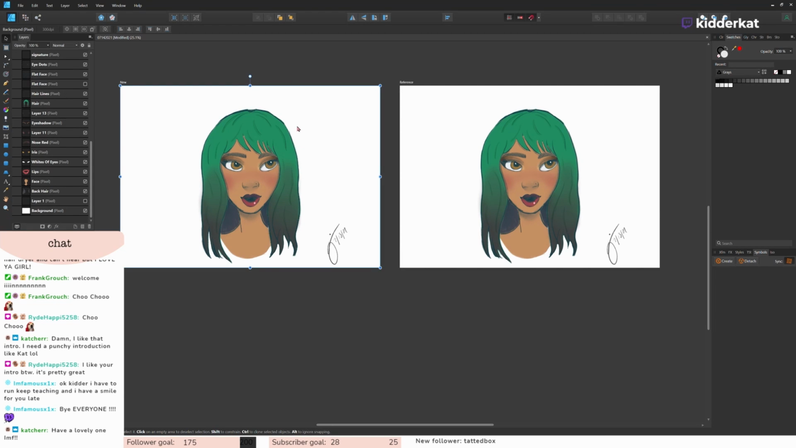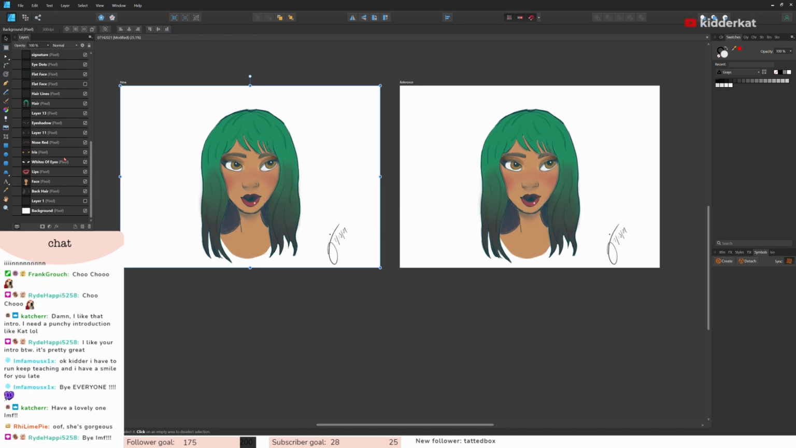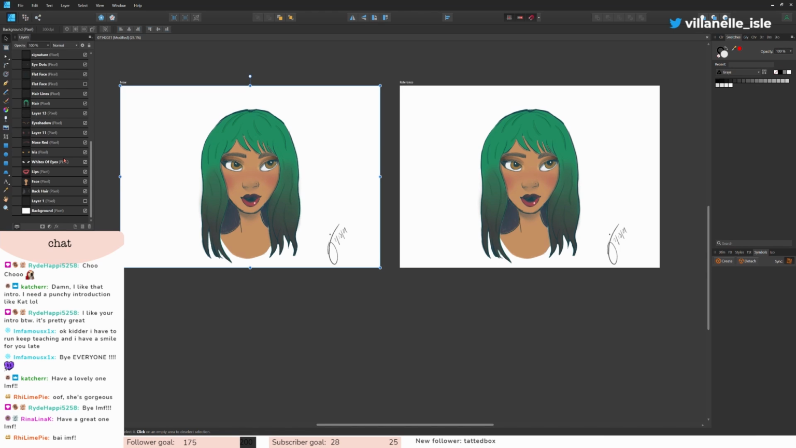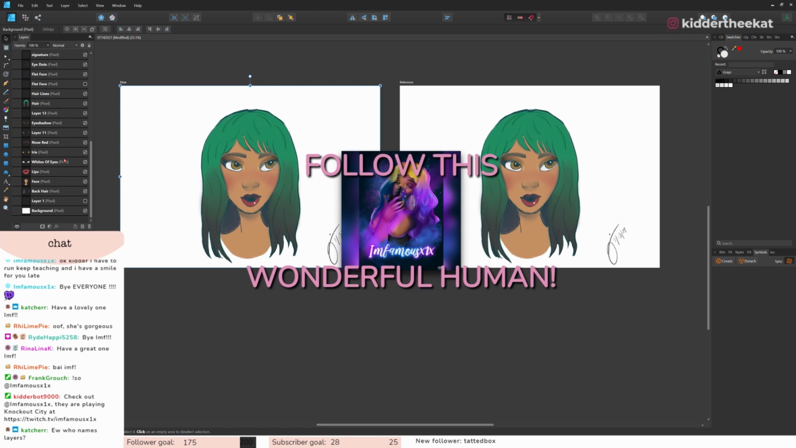But as you can see over on the left, I have a lot of layers, and most of them have names. I cannot stress the importance of naming your layers, especially whenever you're drawing something that's got a multitude of things, like for me, drawing human faces, naming the layers has been